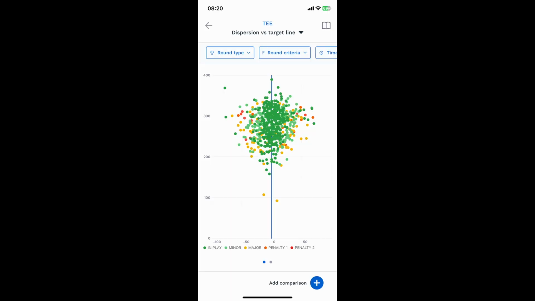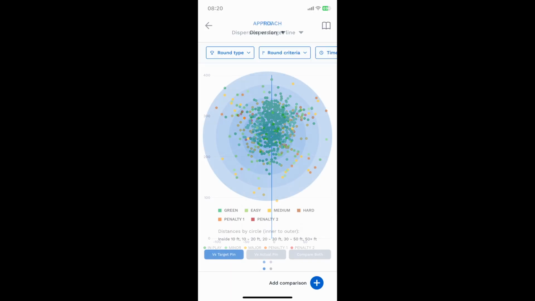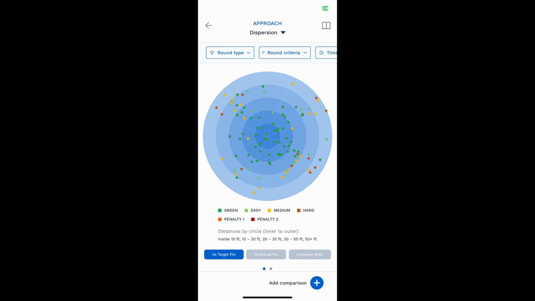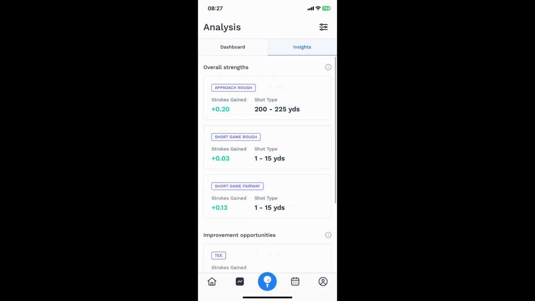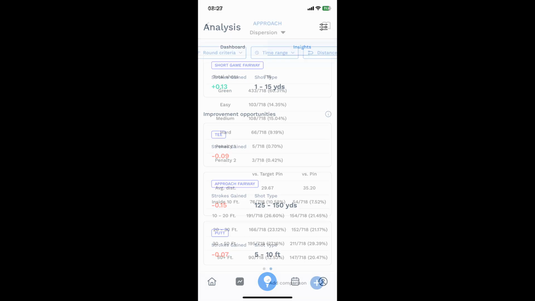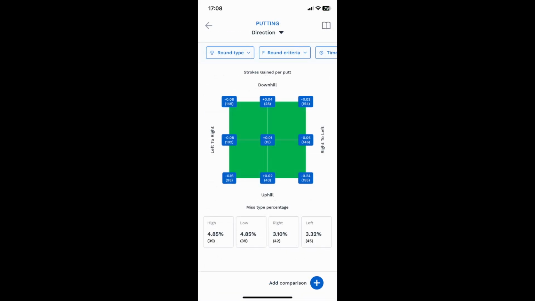Welcome to the data entry tutorial for Upgame by Trackman. As we go over the Pro version, we'll be bringing in detailed analysis like target-based dispersion and quantifying our end shot results. While data entry averages around 15 minutes, the player will now be able to benefit from an extensive